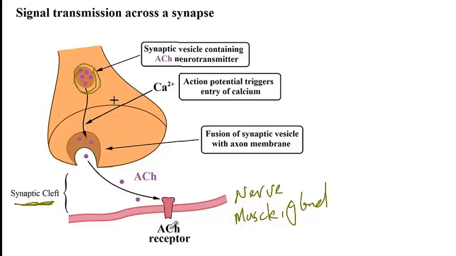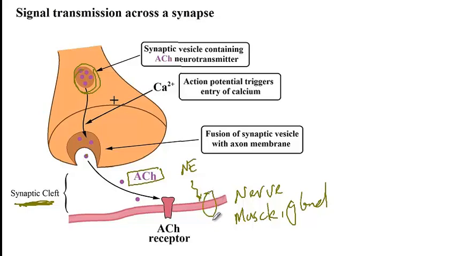So from here on, the neurotransmitters can move on and act on the neurotransmitter receptor that is located on the next cell. Once again, we had an influx of calcium that allowed fusion of the neurotransmitter vesicles with the cell membrane, as a consequence of which neurotransmitters were released into the synaptic cleft and would bind their receptors. Here I just gave you an example of acetylcholine. It could have been norepinephrine if we were talking about the sympathetic nervous system, which would act on its norepinephrine receptors.